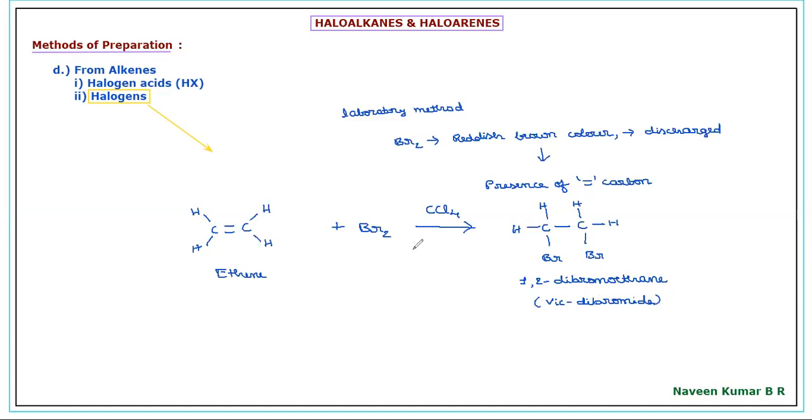So again, addition of halogens directly to alkenes, either symmetrical or unsymmetrical, will yield Wick dihalides as a product. Bromine is reddish brown in color. So discharge of bromine color takes place if it is utilized and cleaves the double bond. Hence, the presence of a double bond can be identified by treating with bromine. So again, a very simple method for preparation of alkyl halide is treating the halogen with alkenes.